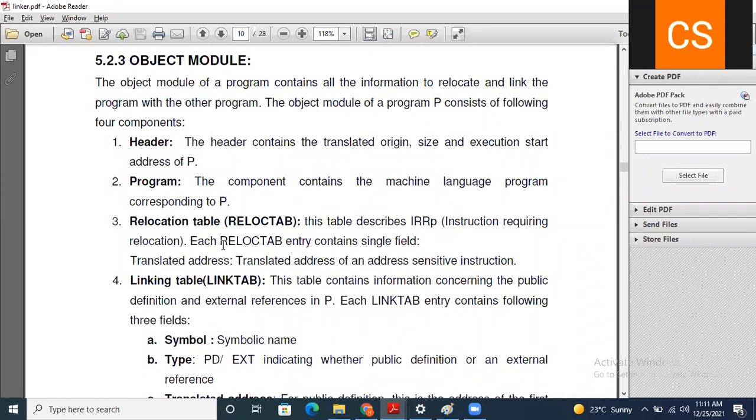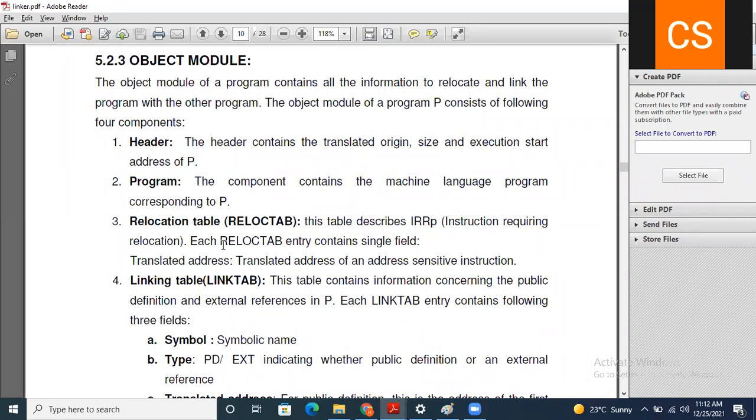So the object module is a program which contains all the information to relocate and link the program with other programs. What is the object module? It is the output of the translator which contains all the information to relocate and link a program with other programs. That is the object module.